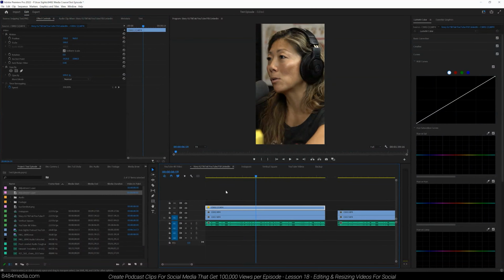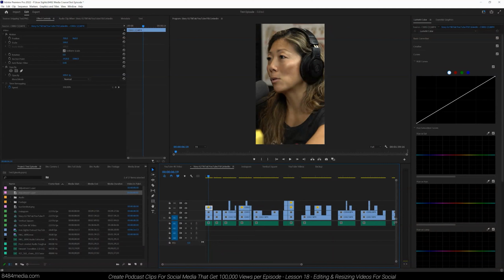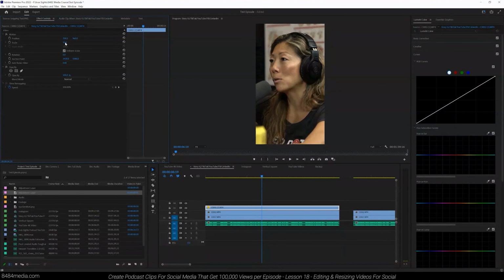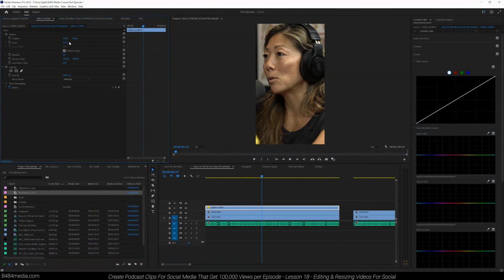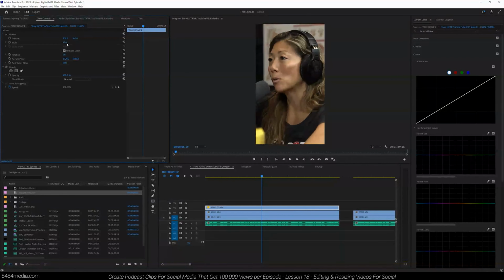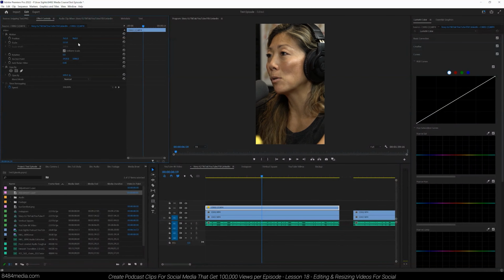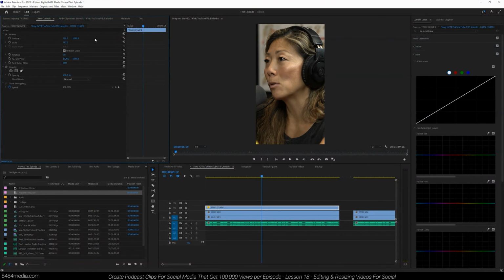Now, since they're all on tripods, we should only have to size the first one, and then we can copy and paste the effects and new positions over to all the other clips. So for this first clip, let's see what it looks like. We can see what it looks like if we scale it in, if we scale it out, and we want to figure out, using and changing these scale and position